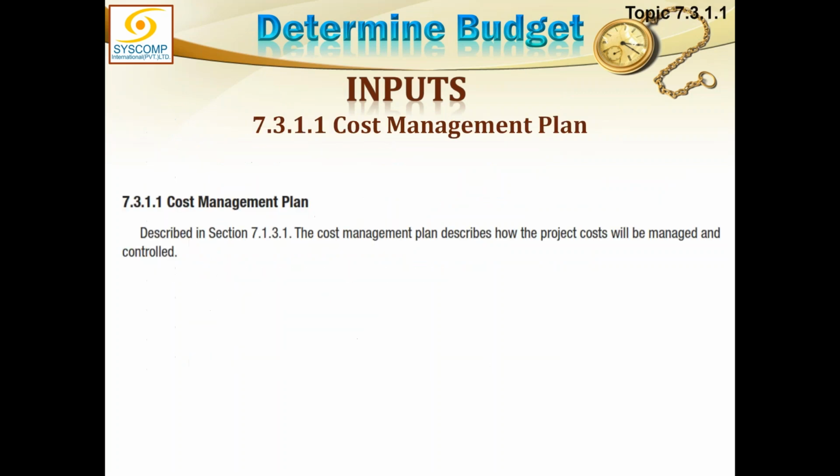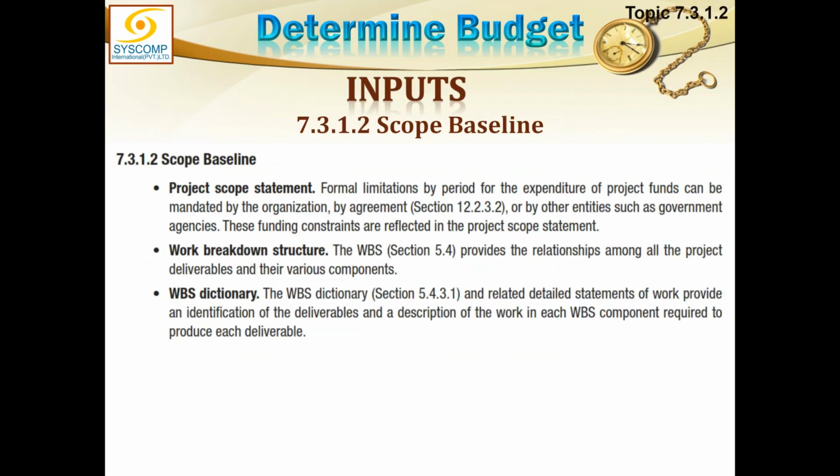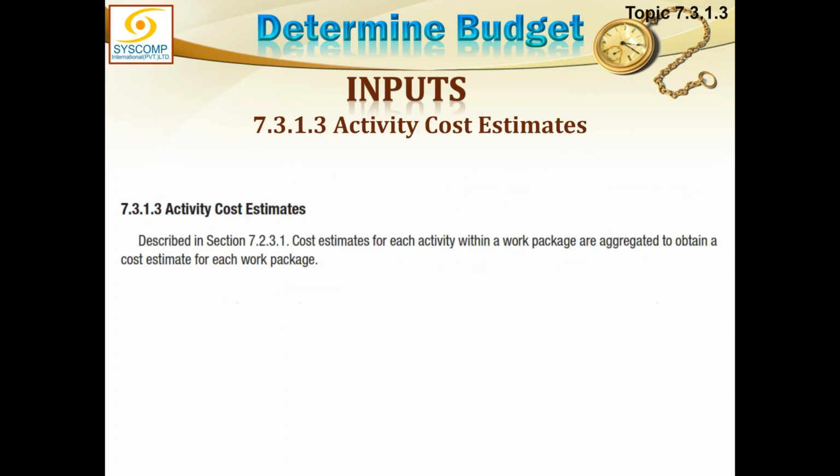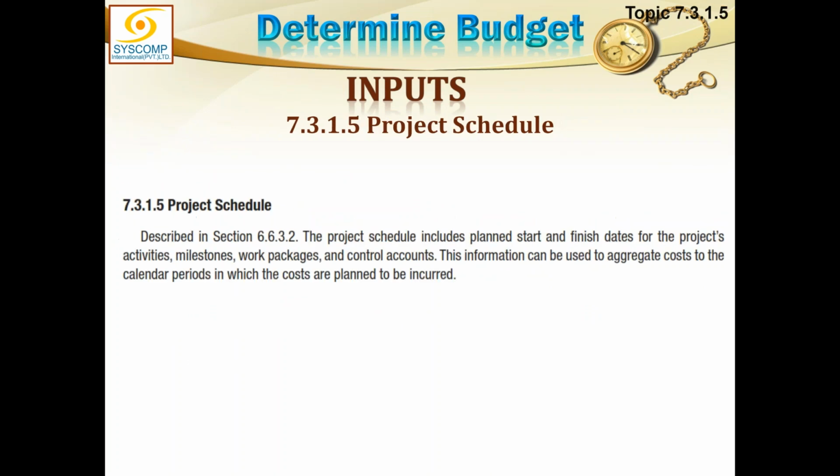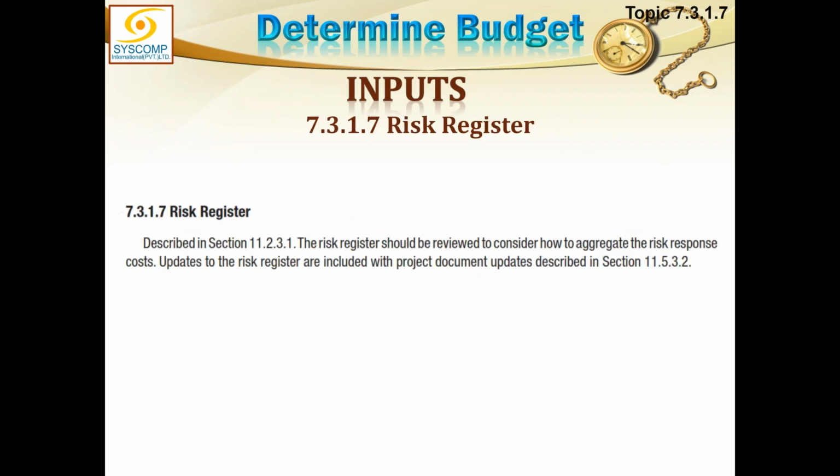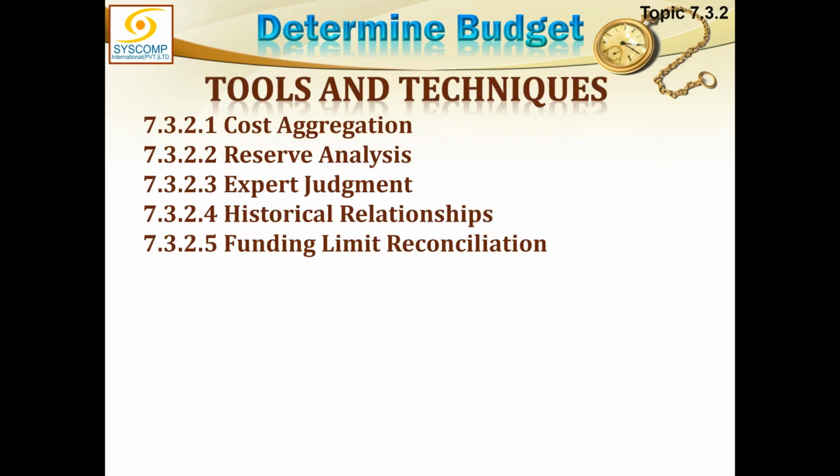So these were the inputs. Cost baseline, we will have a scope statement and work breakdown structure and WBS dictionary in it. Cost estimates, basis for estimate as we discussed, so that we know all these things. In tools and techniques, we have a tool for cost aggregation, and cost aggregation is checking the totals, summing up